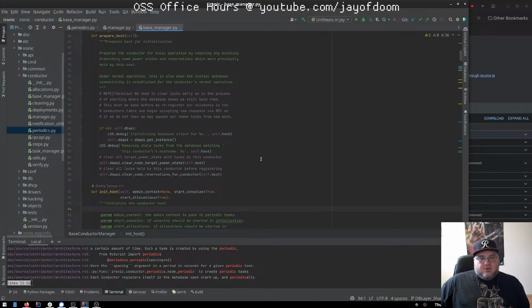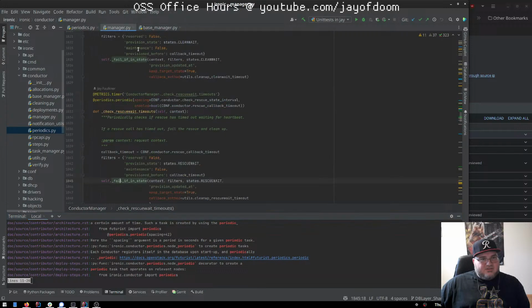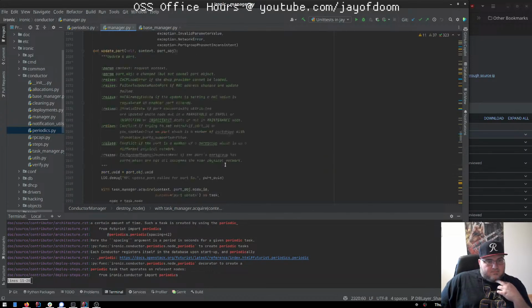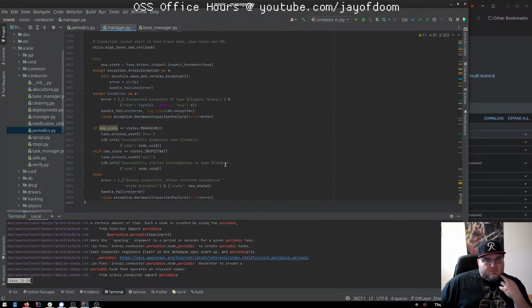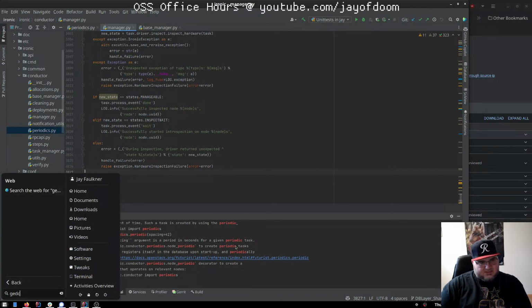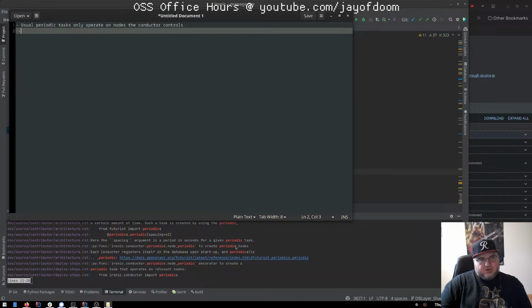Yeah. So I'm actually going to make some notes here. Okay, all of these are almost certainly going to be on the manager. They are. All right. So I want to take some notes. Let's just get a gedit up so I can put some notes here. So, usual periodic tasks only operate on nodes the conductor controls. So we'll have to have some logic in the task. Only run if